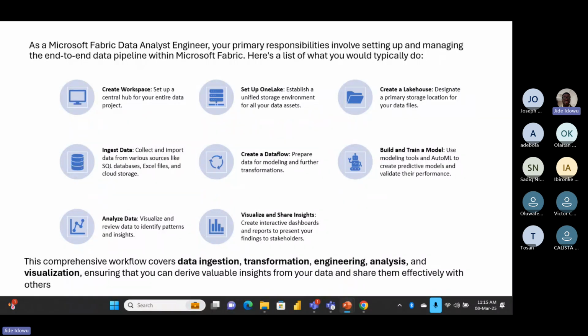Then afterward, you want to do what we call a dataflow. Dataflow is the Power Query of Power BI Desktop, right? Yes, it's the Power Query. So let's say it that way. It's where you clean the data, you remove rows, you remove columns, all of those things that we do within Power BI Desktop. So dataflow will help us to do that. After then, of course, you want to model the data. It also depends on what you want to do. So you can do some modeling here, much more. But we'll just do,